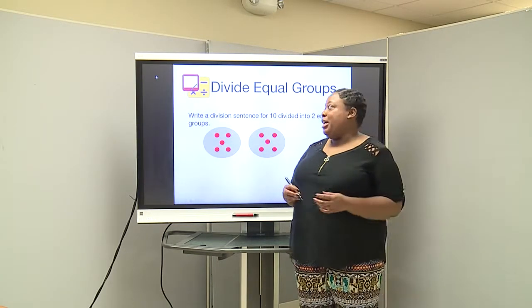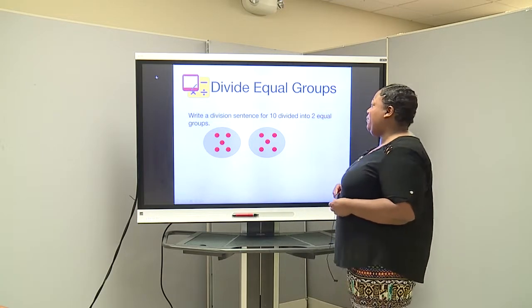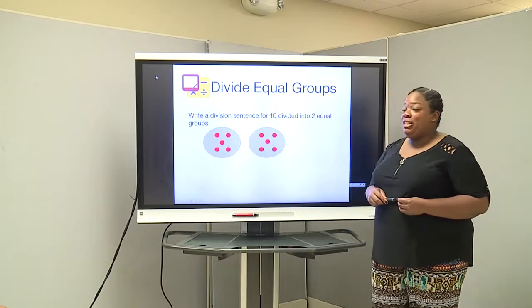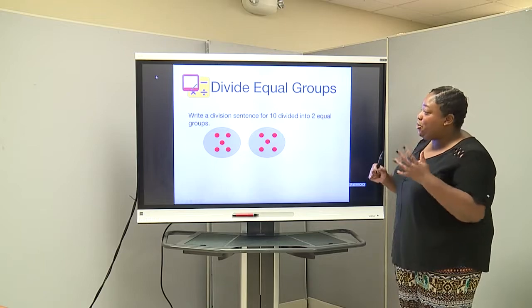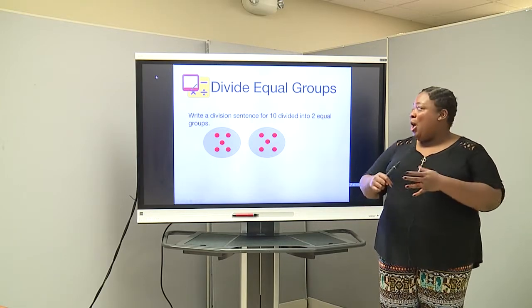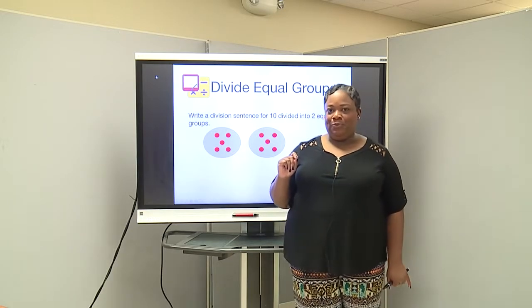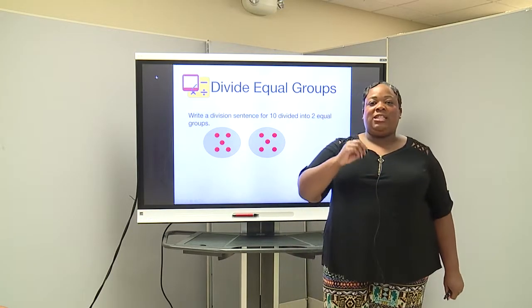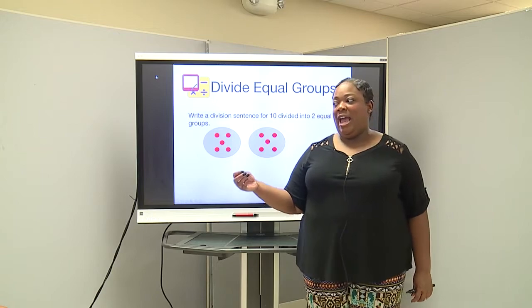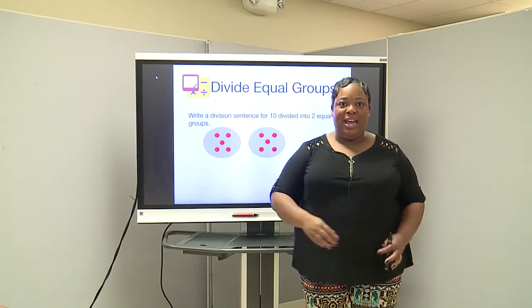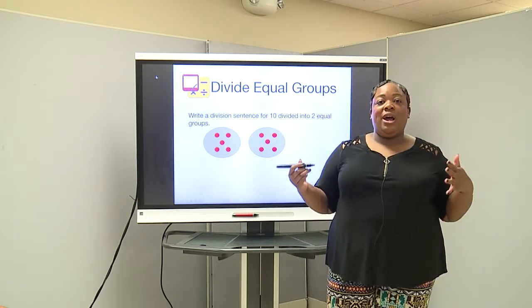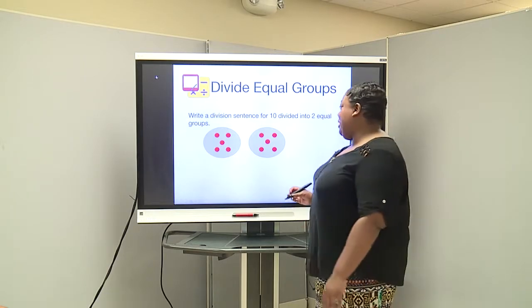Now it's asking us to write a division sentence for 10 divided into 2 equal groups. So let's use our picture to do this. What does the number 10 represent? The number 10 represents the total number of red dots we have in both groups. So remember, I told you in division, we always start with the total. So we have 10